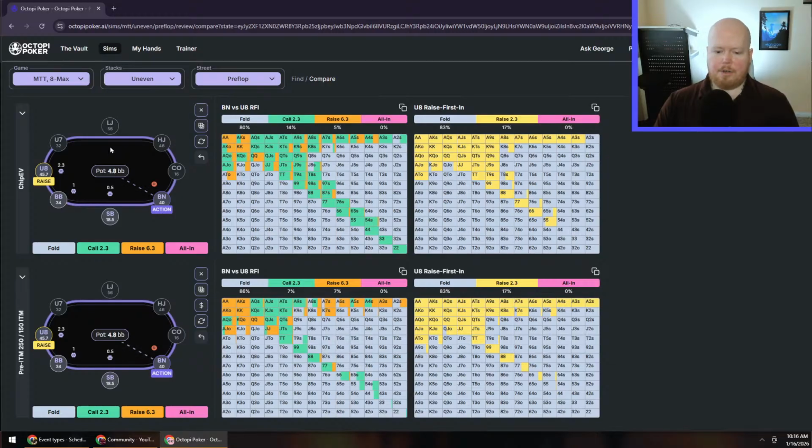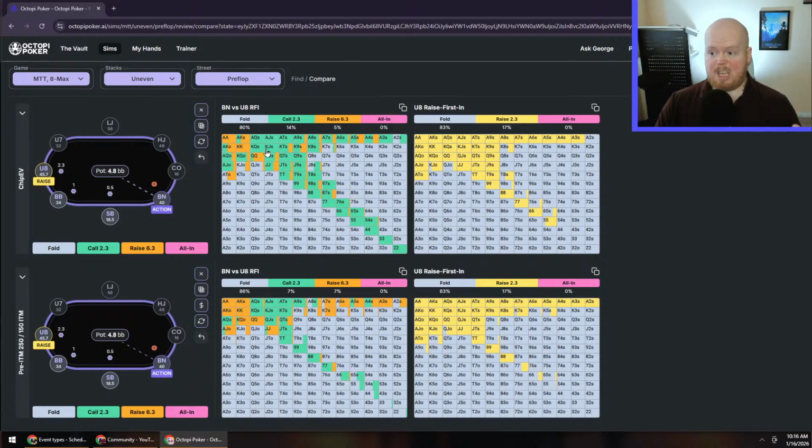So ultimately, as far as those strategies go for the end of the ChipEV period, the beginning of the ICM period, they're just going to look like very slight tweaks to a ChipEV strategy. Making massive adaptations, significant deviations, hugely tightening up, all of that sort of stuff doesn't really start to come into the equation until you get much closer to the bubble, or until you get deeper into the game tree to the point where players have made multiple decisions,